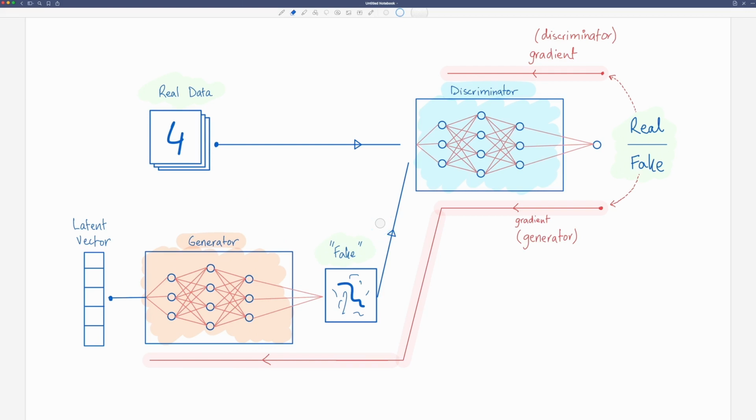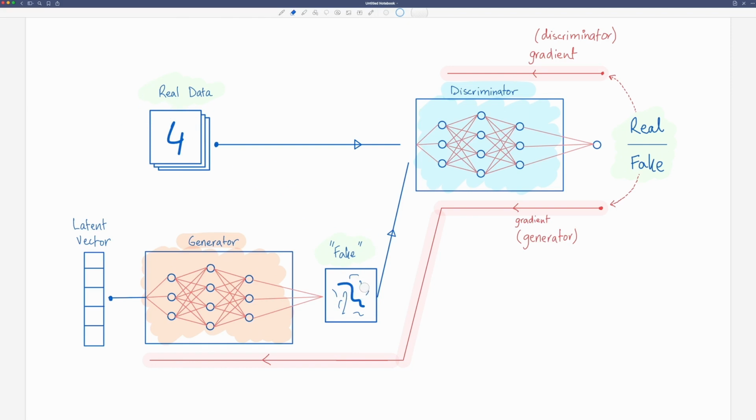So how does this whole thing work? It almost magically works like this: the generator is slowly going to learn how to generate real data. Once you have both the discriminator and the generator trained, you can throw away the generator, and the discriminator now is able to identify some internal structure of this real data. Now you can go ahead and use this discriminator as a pre-trained network and do some fine-tuning or transfer learning and all of that. On the other hand, you can use the generator to actually generate data which looks like your real world data, even if you don't have that real world data. So we can augment the MNIST data by generating more digits out of thin air.